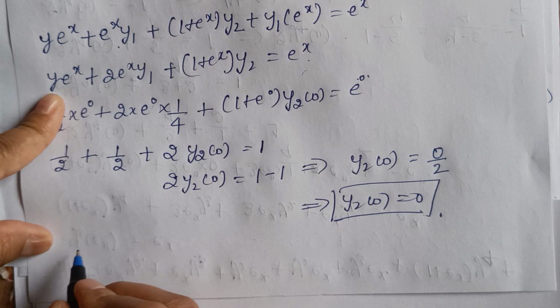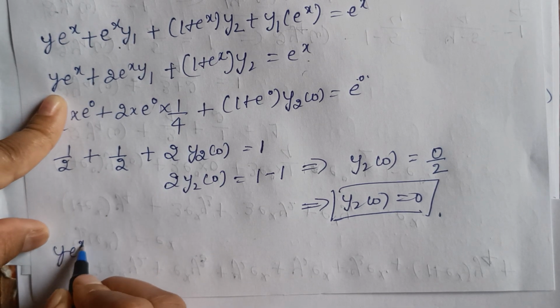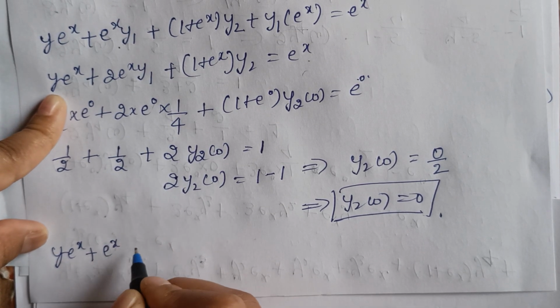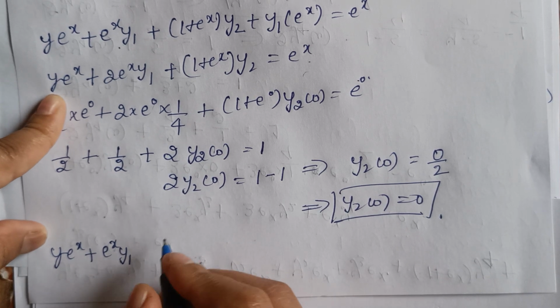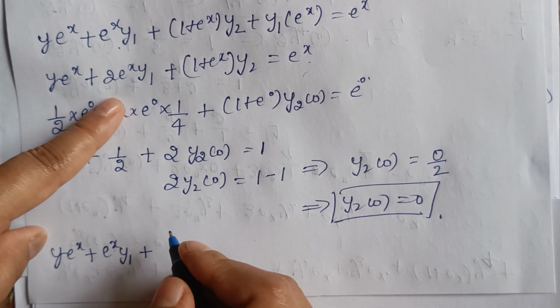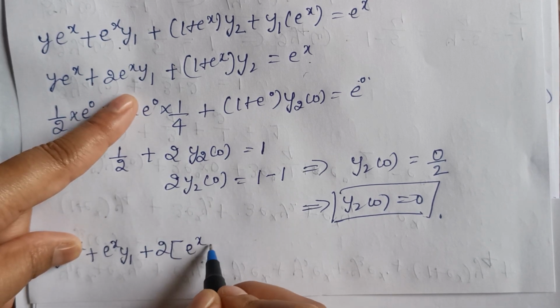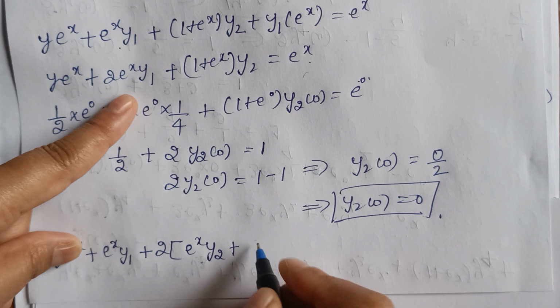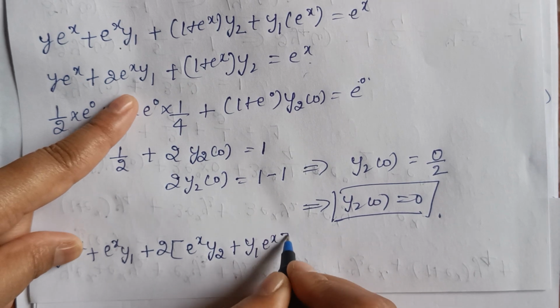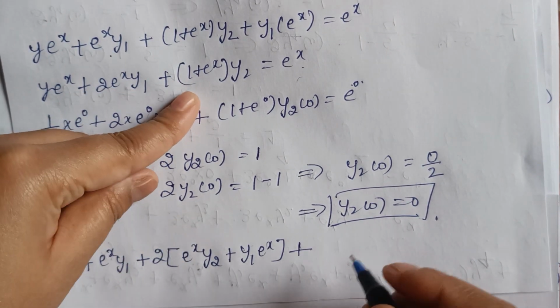So keep y as it is, differentiate e power x. Keep e power x as it is, differentiate y. So it becomes y1 plus 2. I'll keep it outside. Keep e power x as it is, differentiate y1. Keep y1 as it is, differentiate e power x plus